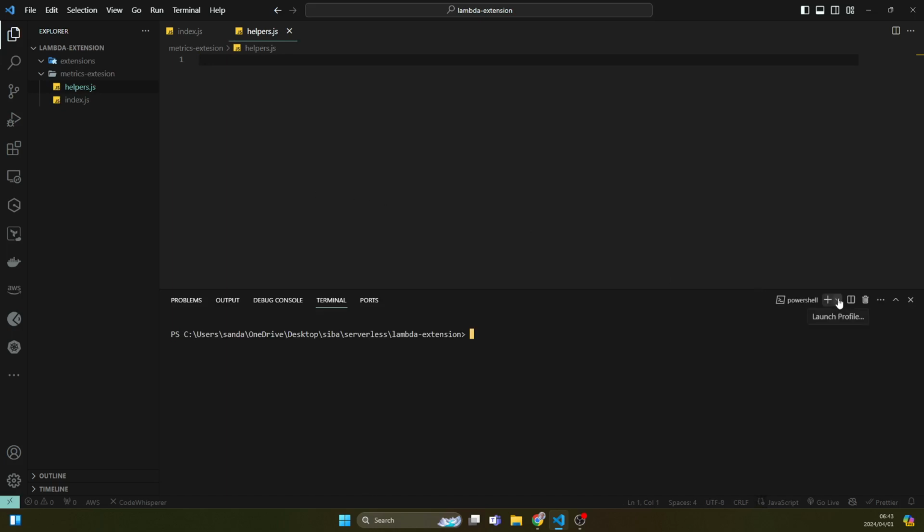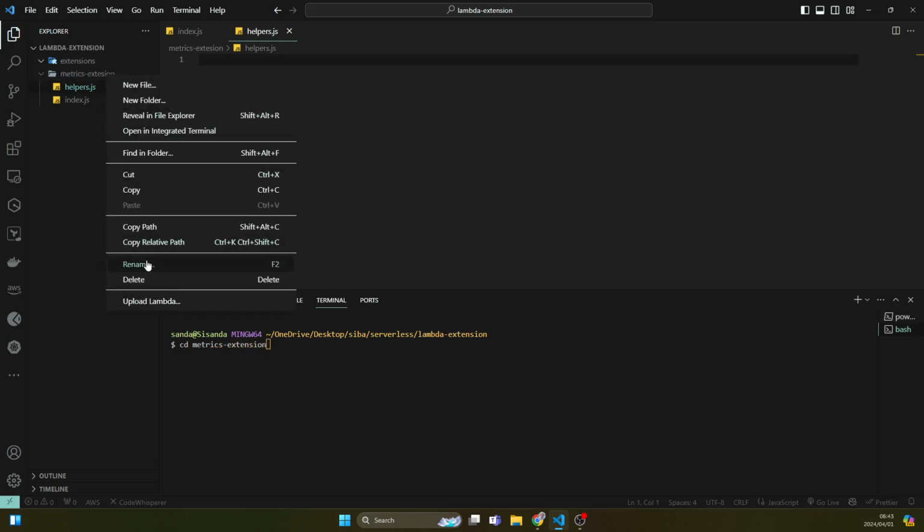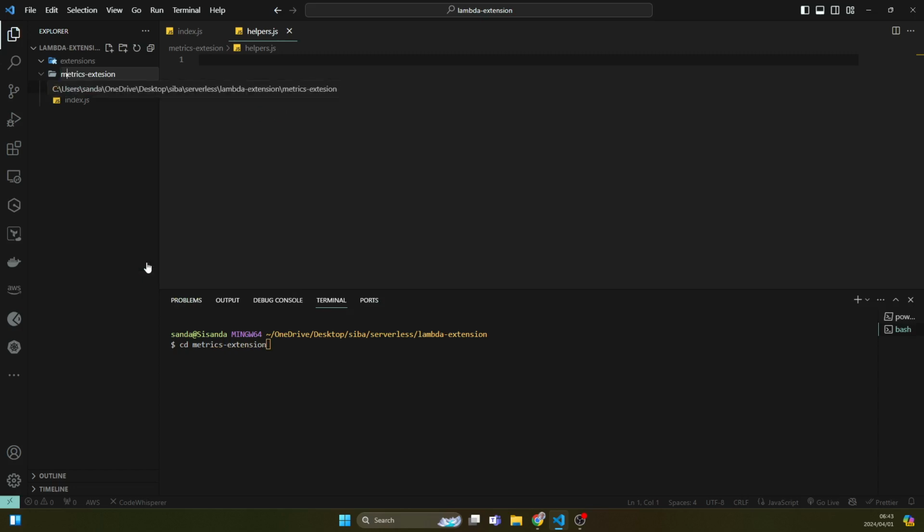And then what I'm going to do as well is open up the terminal here, change that over to Git Bash. Okay, cool. So I'm going to cd into metrics extension. I'll just rename this so that it's correct. Just rename that quickly. So now if we cd into that,